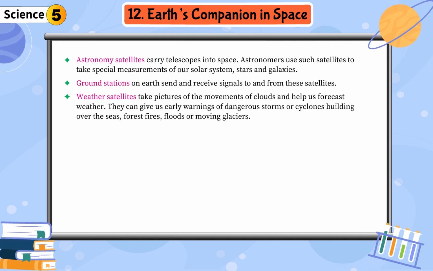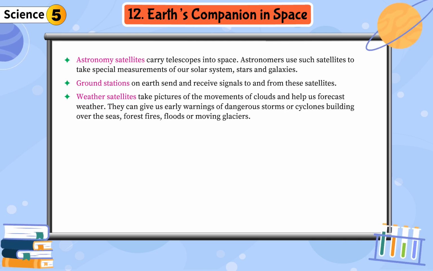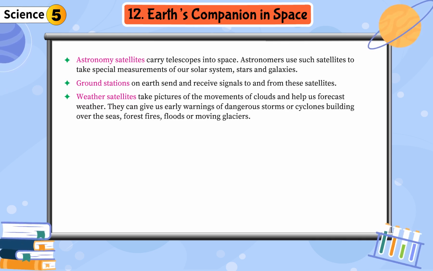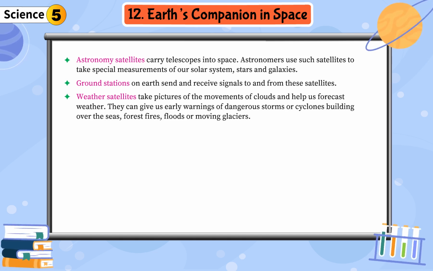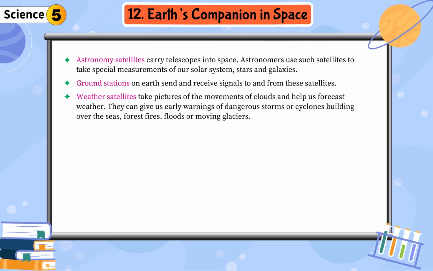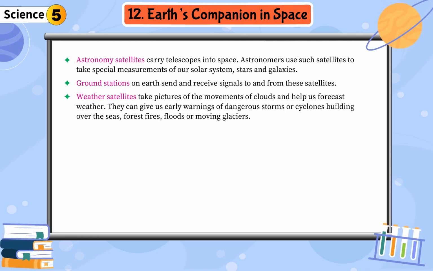Astronomy satellites carry telescopes into space. Astronomers use such satellites to take special measurements of our solar system, stars and galaxies. Ground stations on Earth send and receive signals to and from these satellites. Weather satellites take pictures of the movements of clouds and help us forecast weather. They can give us early warnings of dangerous storms or cyclones building over the seas, forest fires, floods or moving